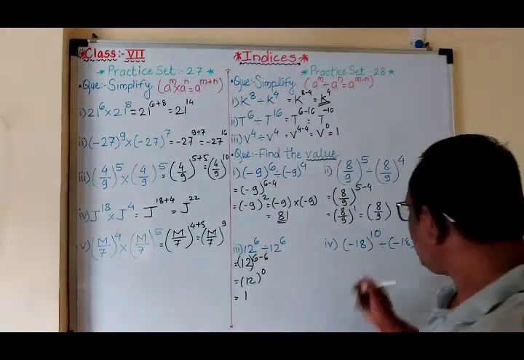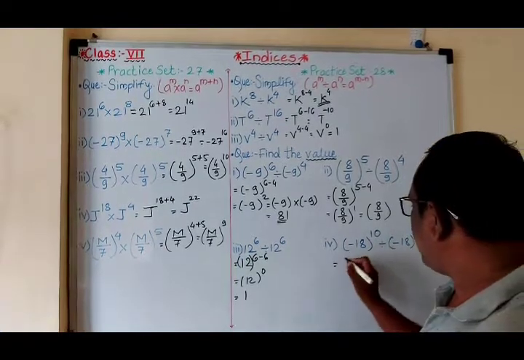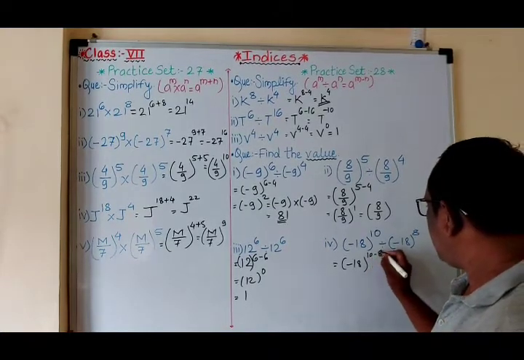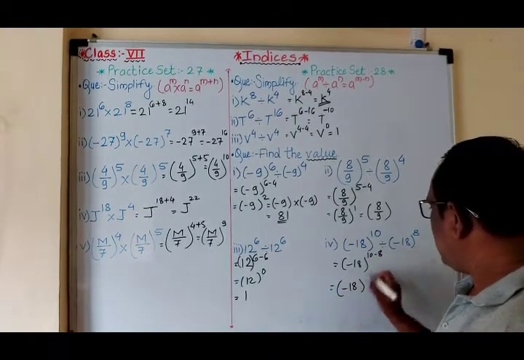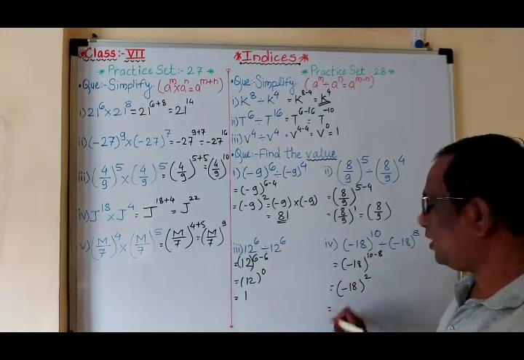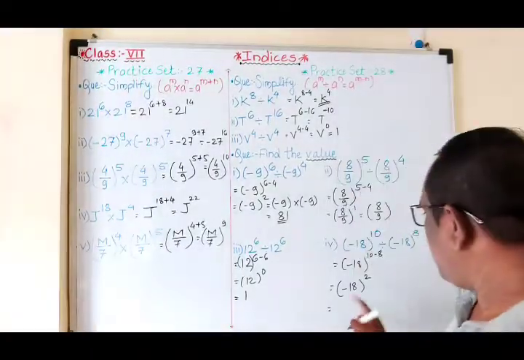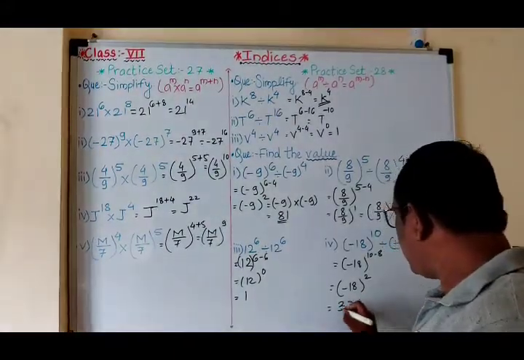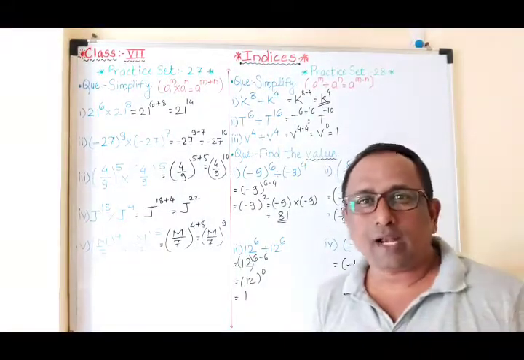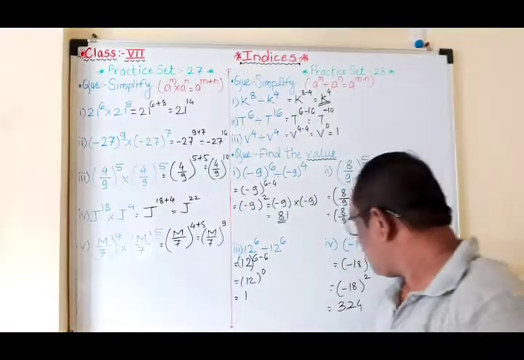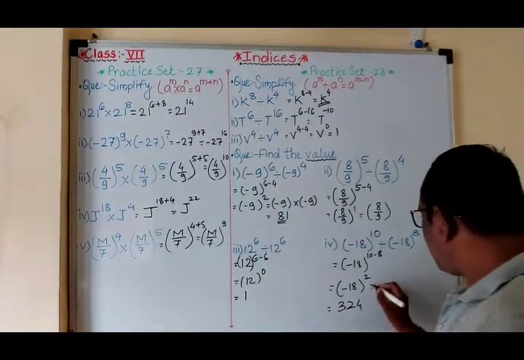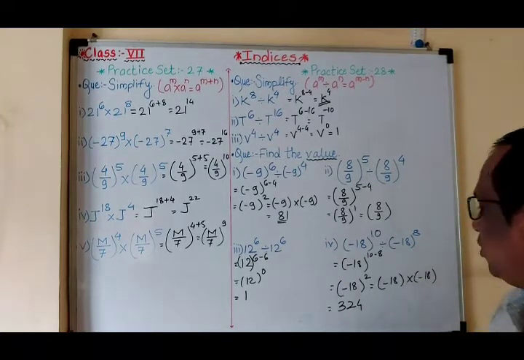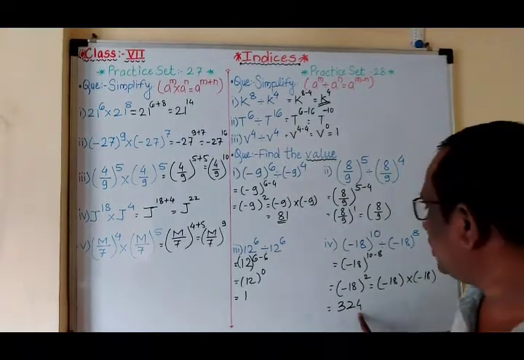Here minus 18, minus 18. So first write the base, minus 18, then we have to subtract the index. 10 minus 8 is 2, which means we have to write 18 square. Okay, so minus minus plus, always the square. Now 18 square is 324. So that is positive, because if we multiply minus 18 by minus 18, then minus minus gets plus. You can write the step here also, minus 18 multiplied by minus 18. Then you get the answer 324. So these are the values here.